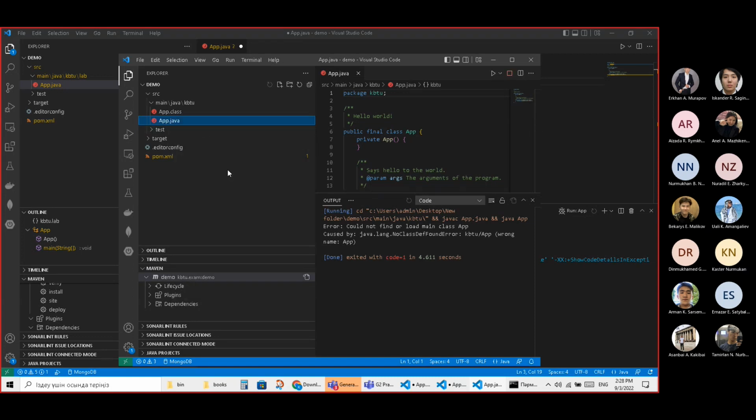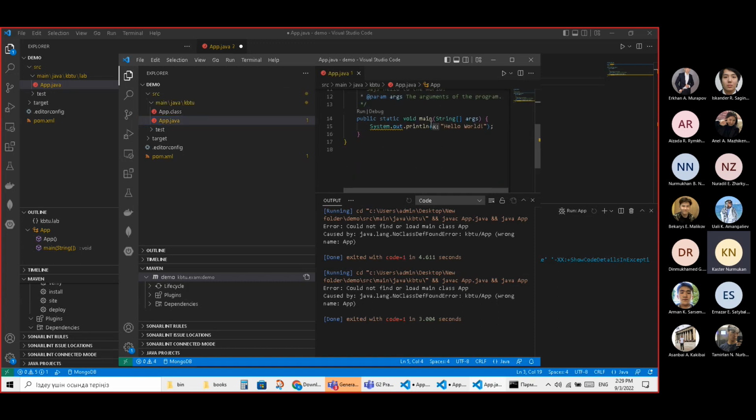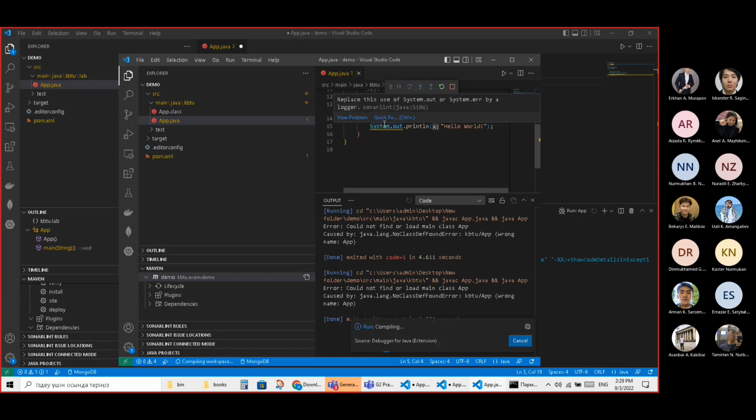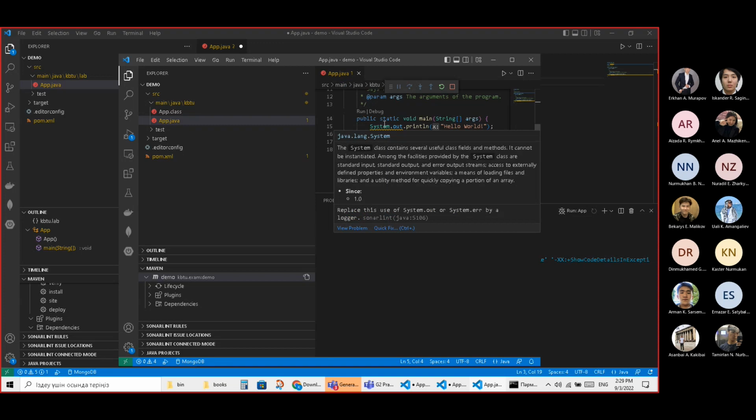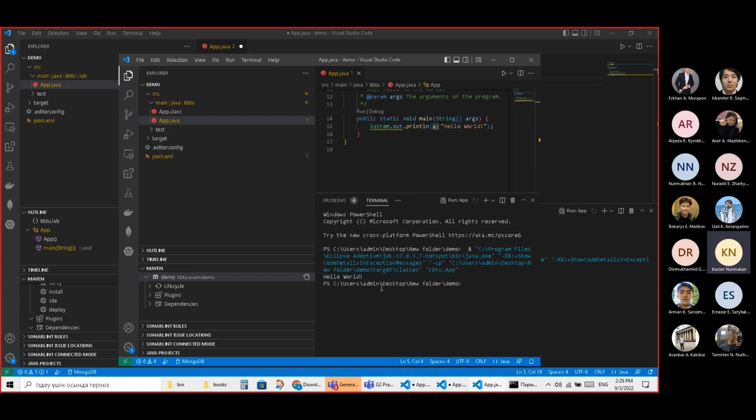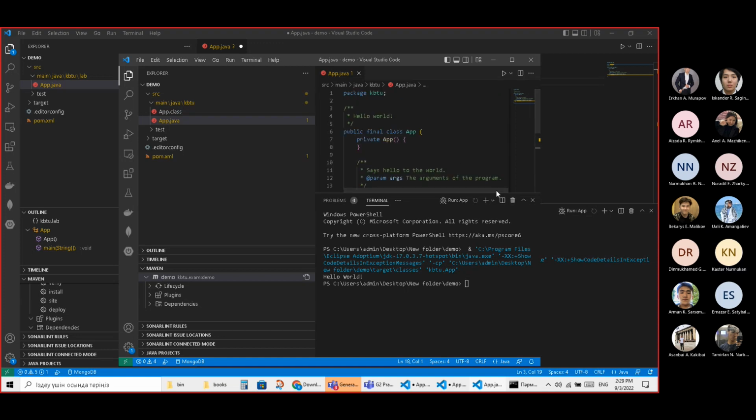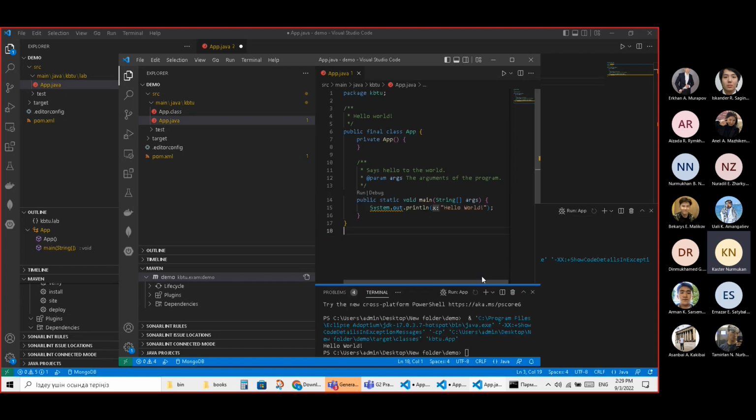Run code. Let me see what's happening. What's the problem? Okay. So now they have already compiled it into binary code, and then it will say, now it's time to run. So that's hello world, right? So it's very simple. Now, the next thing is